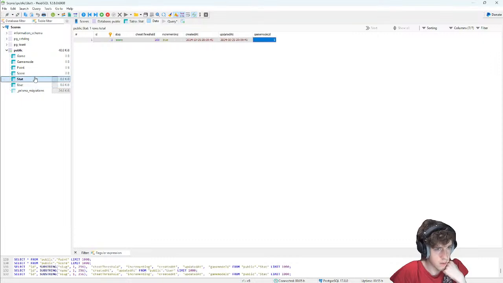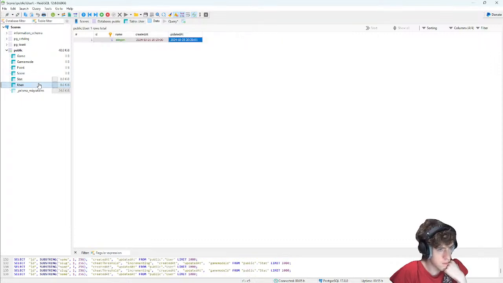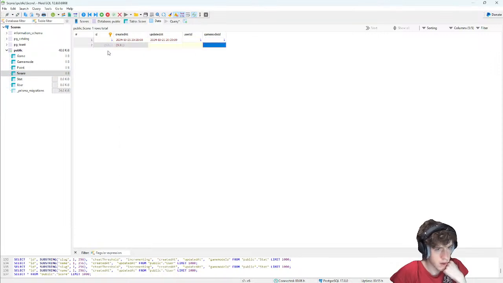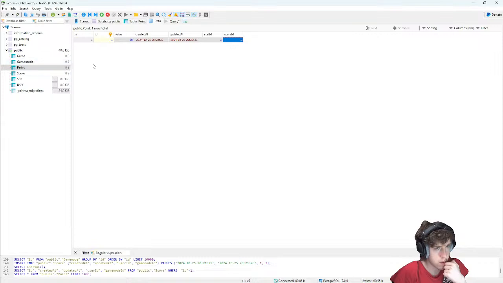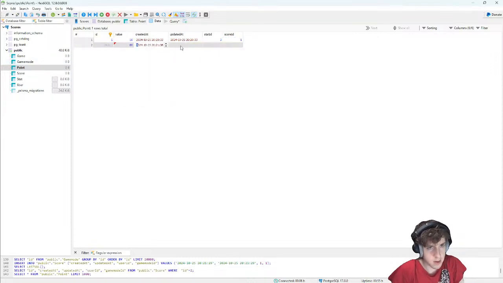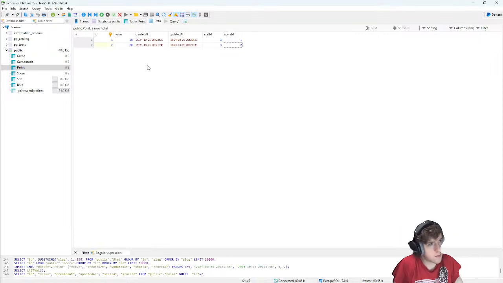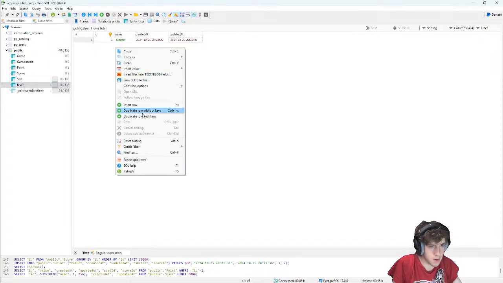I guess I could test out having more than one score for a user. So theoretically, I can do a second score for user 1, game mode 1. And then it will have a point value 80 for score ID 2. And then I'll do a second user to test.